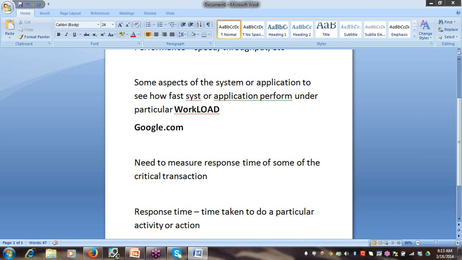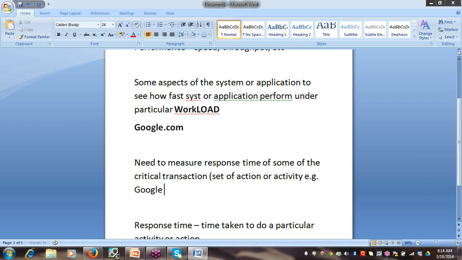So the main focus in performance testing of any application, we need to see the response time of that particular transaction. Now a transaction is a set of actions or activities. The example here is the Google search transaction.